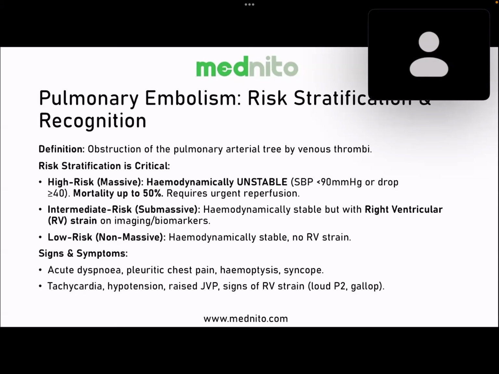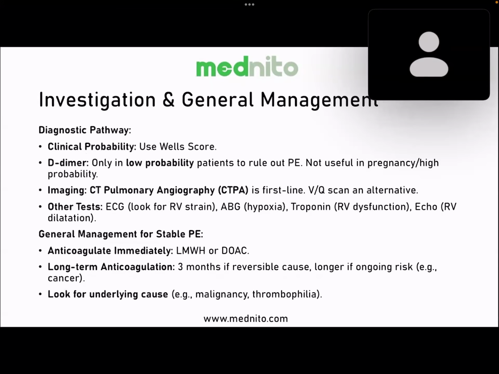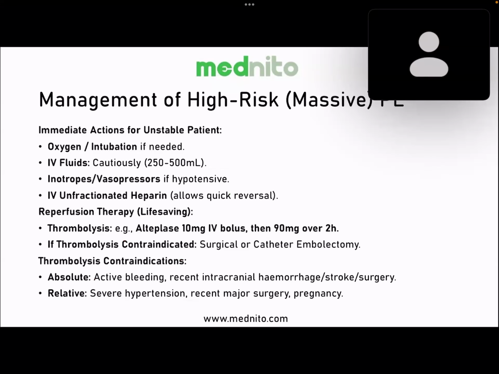It is basically the heparin or enoxaparin that needs to be given, but I want you to remember the updated guidelines of treating with apixaban as well. All right. If the patient has got hemodynamically unstable pulmonary embolism, you will have to thrombolyse this patient, please. Immediately, it is low molecular weight heparin or DOAC. All right. If it is long-term anticoagulation, if you find the cause, it is 3 months. If you do not find the underlying cause, it is 6 months.